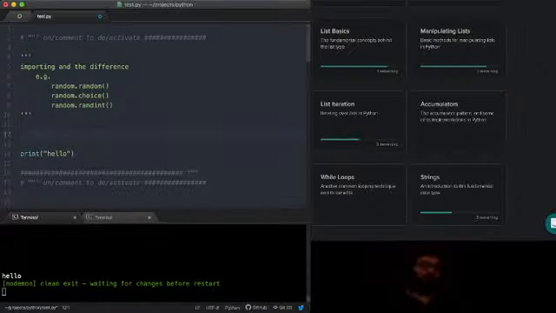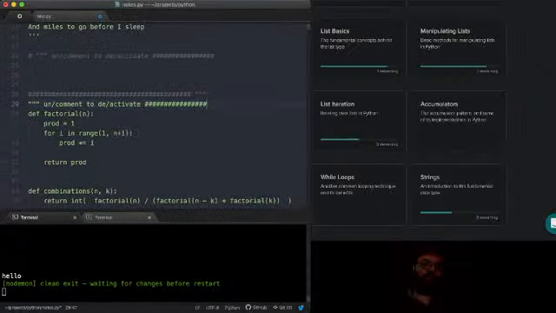So importing allows us to utilize code from other files, like other libraries that are built into Python, interfaces to other libraries and things that are built into Python. Importing also allows us to pull in interfaces from third-party libraries that we would have to install, or our own code, right? So I can write my own library as well. And let's look at that a little bit here.